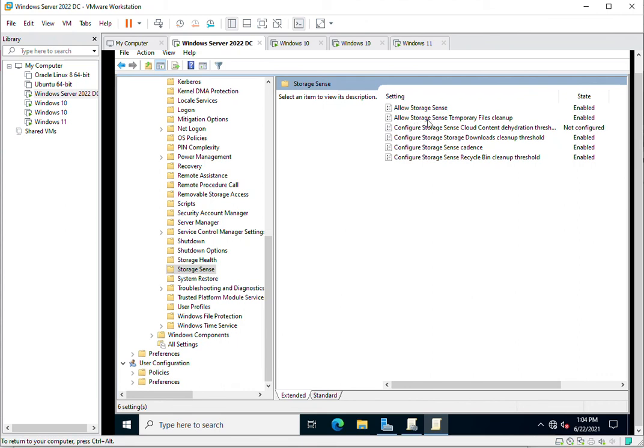So these are all the settings inside the storage sense features. Here you can manage the user systems for the storage sense management, and even when you are configuring the storage sense, you need to be careful because this is really a critical component of the group policy, the Windows 10 features, because it will delete the files and you cannot recover them at all, because you are specifying the time durations and what kind of files will be deleted through the storage sense.